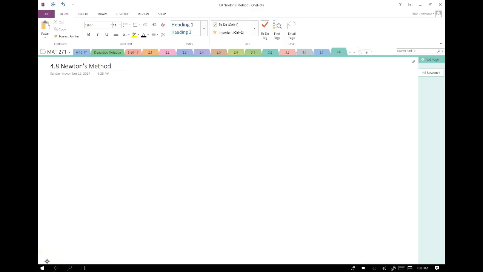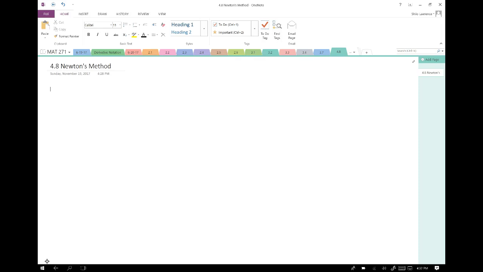In section 4.8, Newton's method is introduced, which is a method for calculating roots or zeros for a function. There are a couple of homework problems on Newton's method, but I am not going to test you on Newton's